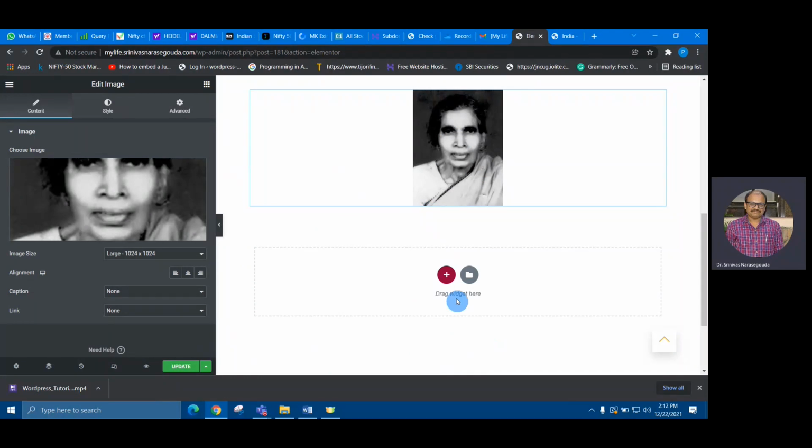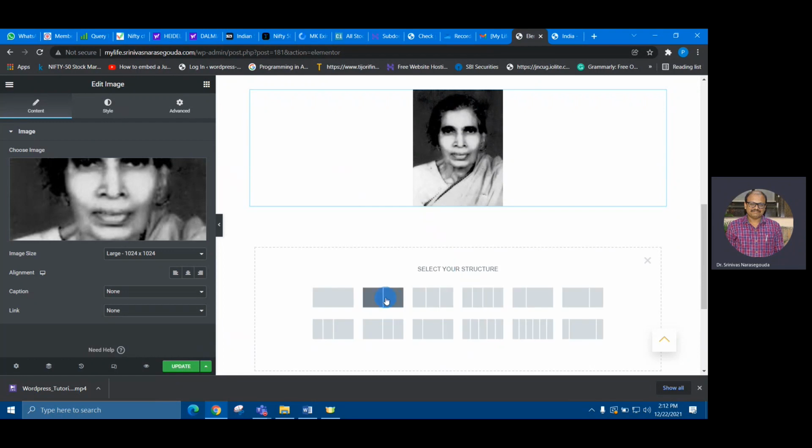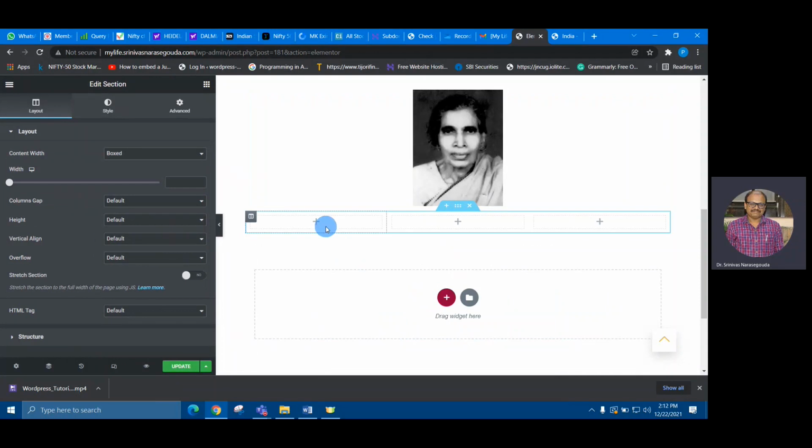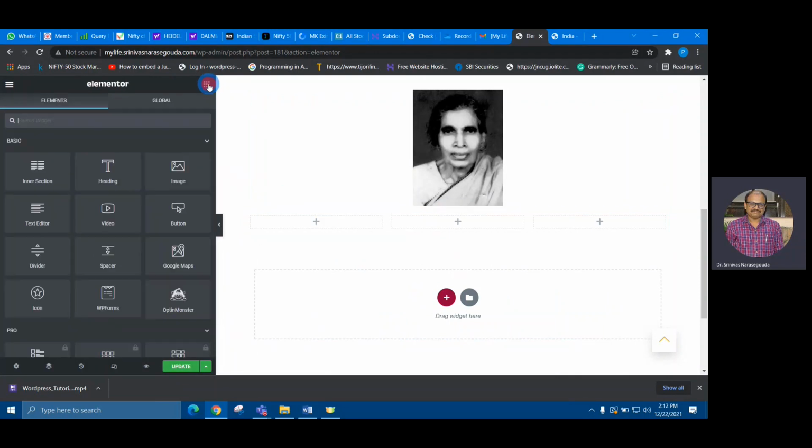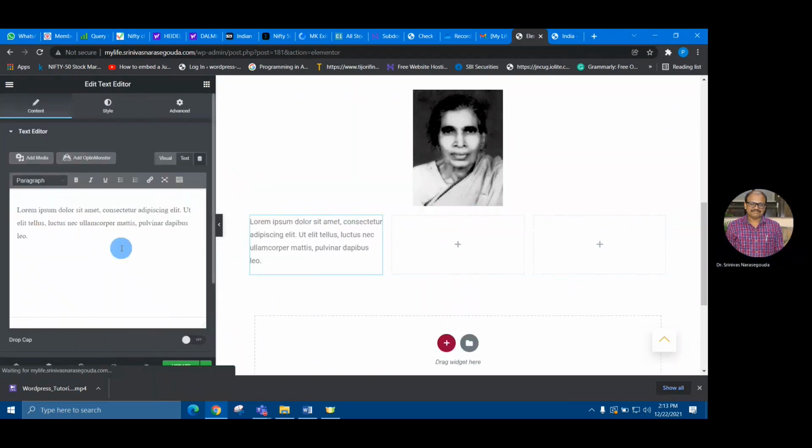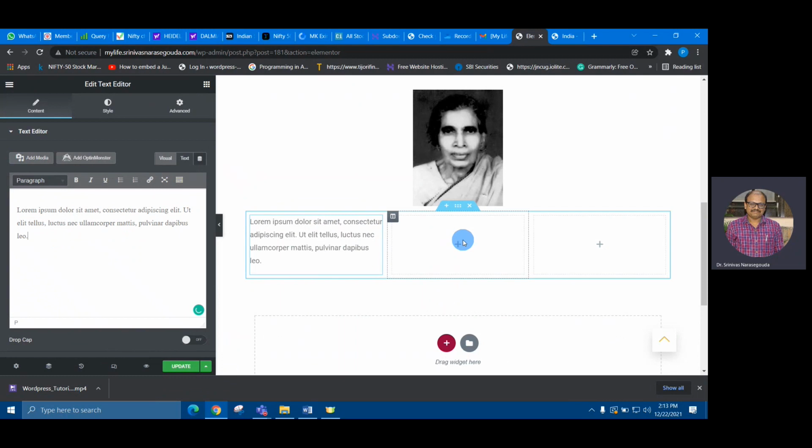In the same way, you can add more structure. Suppose I want a different structure, so just click on that plus mark and select the structure whichever you want. So select this one. Now in the first one, I want the text. So I'll go back to this button, drag and drop text editor, add some content, update it. In the second one, again, I want the image.